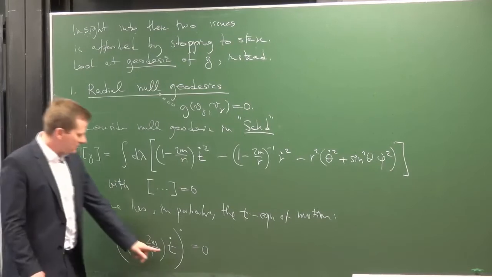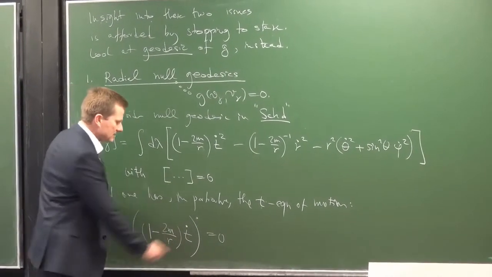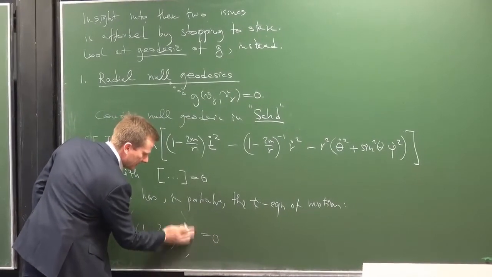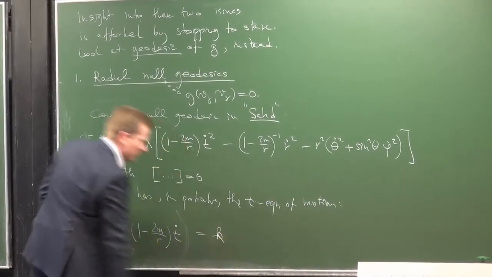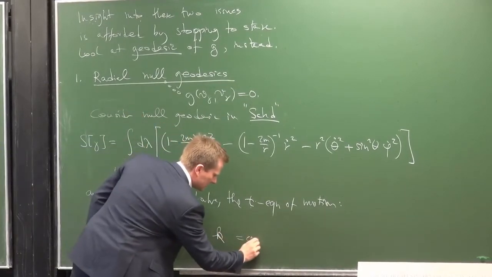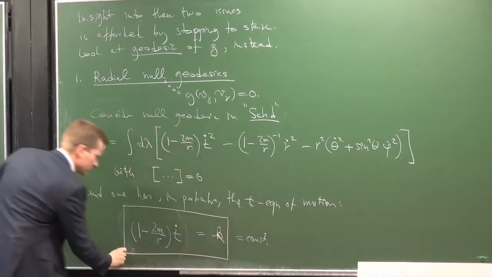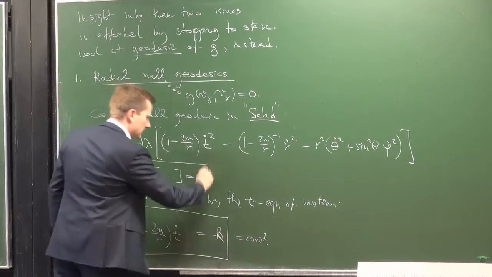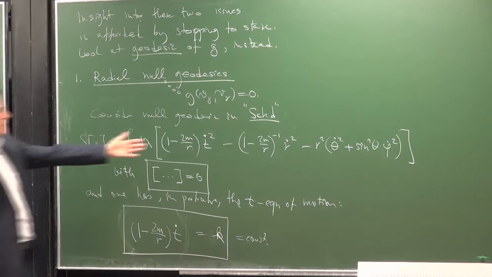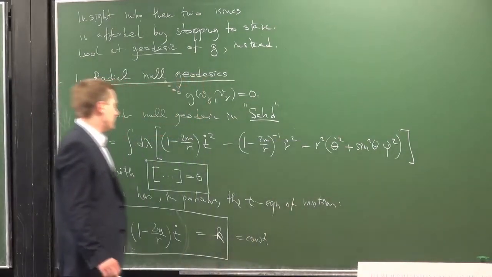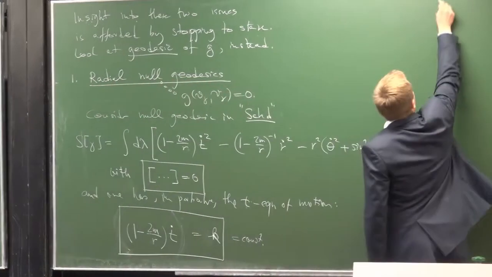I would be crazy if I evaluated this dot on here and on here, because I know the result is 0, so I can eliminate the dot and immediately have one integral of motion. I know this is some constant k. Okay? So it's my t equation of motion, and I have this null condition. With these two alone I could get extra equations of motion from here, but I will not need them, because what I will look at is only consider